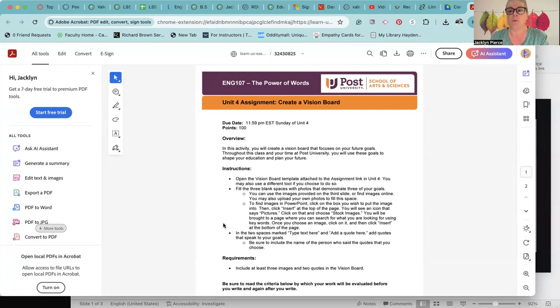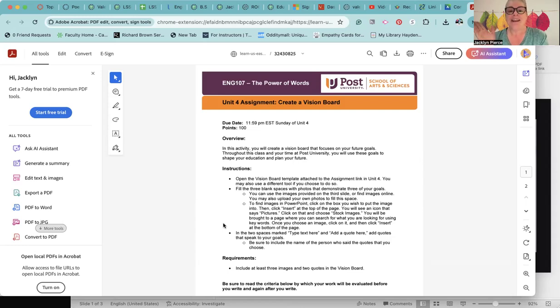You can use a different tool if you want to, but honestly, I really recommend going ahead and using PowerPoint. You do have free access to it. And like I said, the main reason I want you to use the template is that it has the spots for the elements that are required. And if you do it, say in Microsoft Word, it's easier to forget something. So use the template. I promise it will not hurt you.